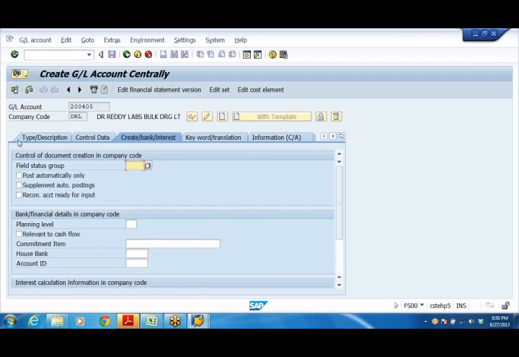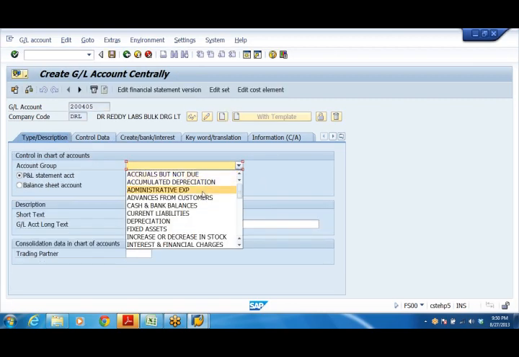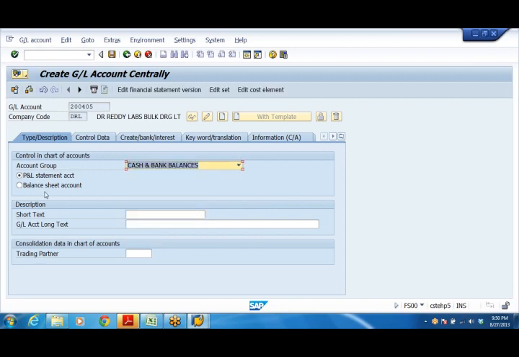Click on create. The group belongs to cash and bank balances. This is a balance sheet account. Before we create a GL account, an accountant or consultant must know the nature of the GL account that he is going to create, whether income or expenditure, or a P&L account. Based on that we select P&L account or balance sheet account. Cash and bank is a balance sheet account.